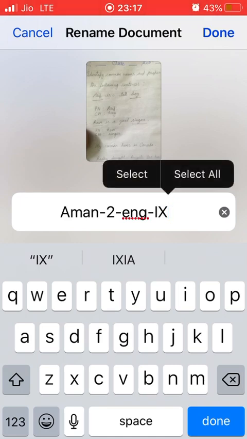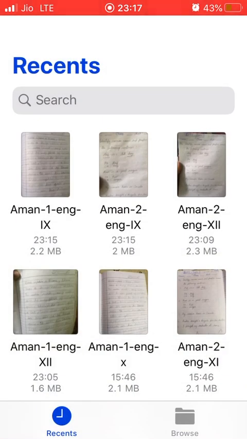This would be the format. This is the required format. You need to rename your files according to this format only. Otherwise your files won't be accepted. Now done. Now you have these two files, Aman 1 English 9th, Aman 2 English 9th. These are the two files.